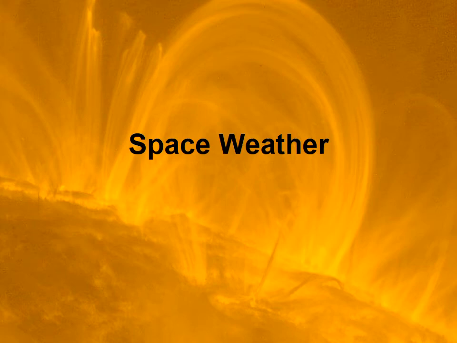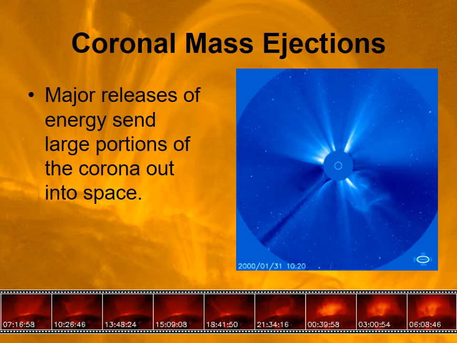As I said, we're going to be talking about space weather. Space weather is the interaction between what's going on in the sun and what's happening on Earth. So it's outside the Earth's atmosphere, but not in interplanetary space. So space weather is what's going on in the realm surrounding the Earth, outside of the atmosphere. But it actually starts with the sun.